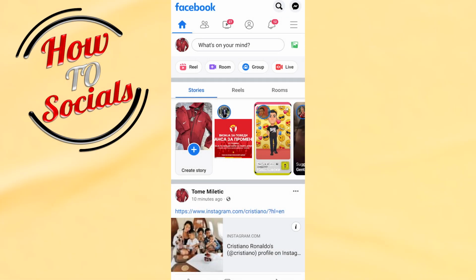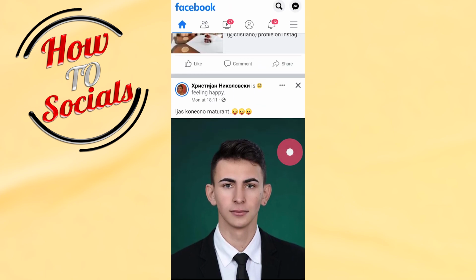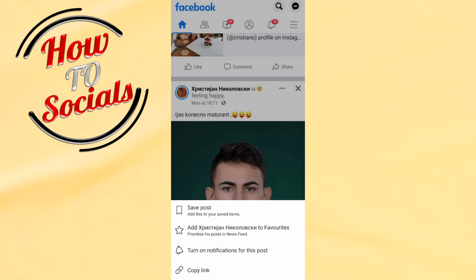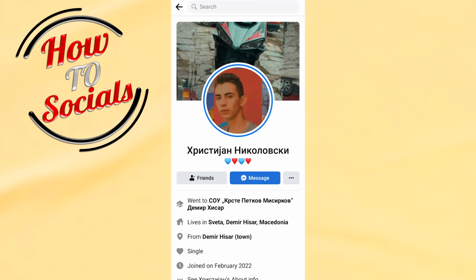Now you need to know that firstly you need to get up to your profile feed on Facebook, then just scroll down and find a friend that you want to block. Now for example, go with this friend. Now I need to go on the three dots icon, and here as you can see there is no option for that. Now I need to go on his profile by clicking on his name,